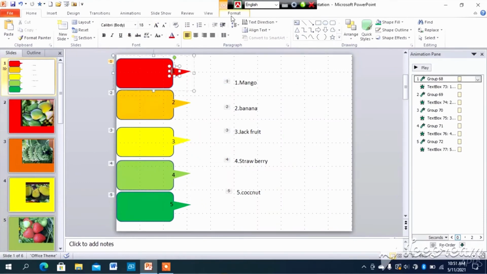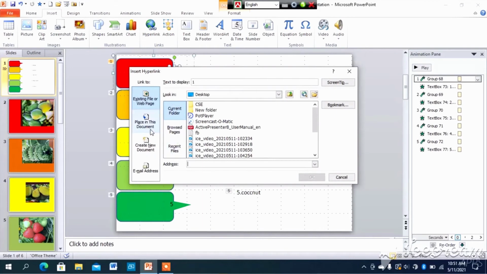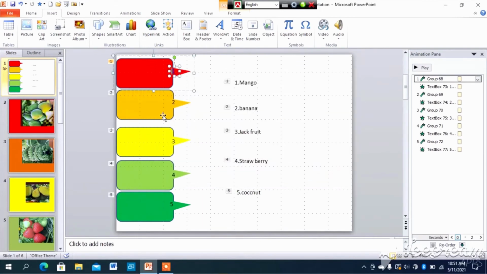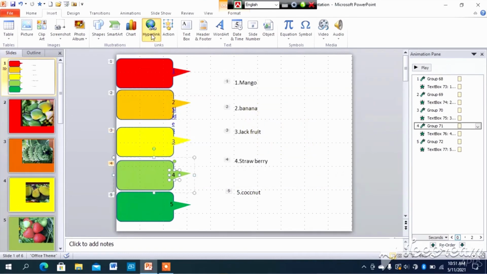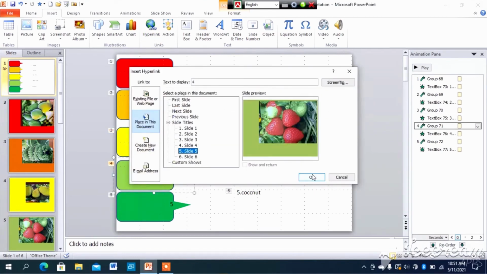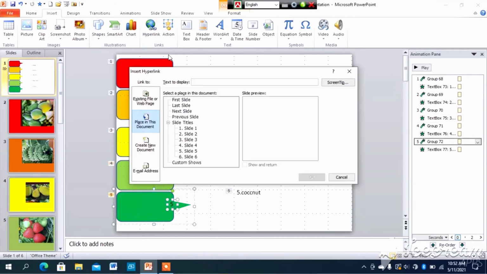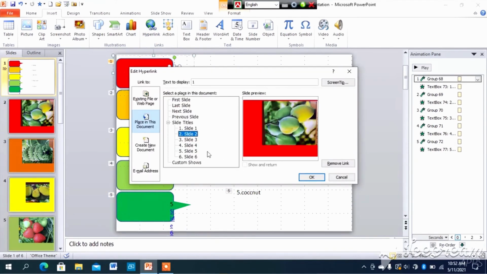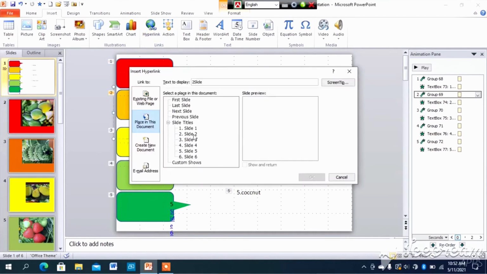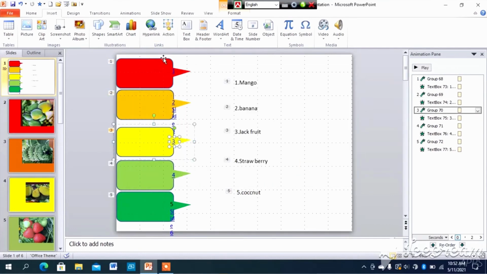So the 5 slides are already prepared. Now I hyperlink the number of the shape. It should be kept in mind that the number of the shape should be hyperlinked, and the preview of the picture can be shown.